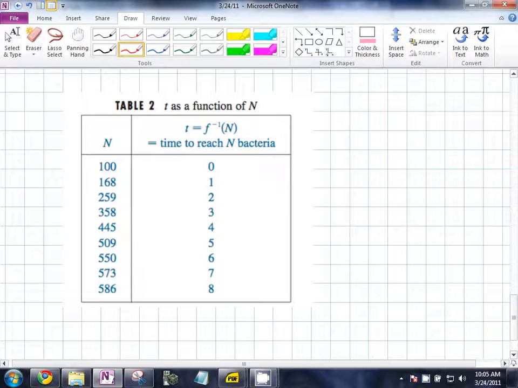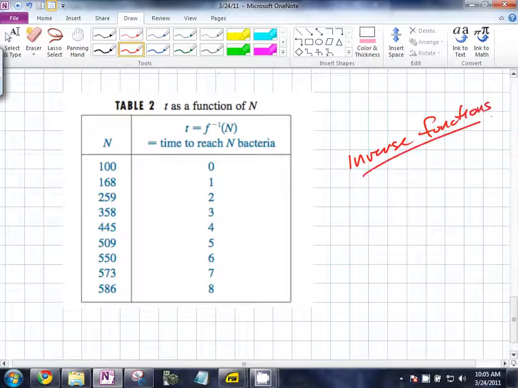Ah, yes. So semantically, you might call it a reverse function, which is actually pretty accurate. It's like the word reverse. It's going to be called the what? Inverse functions. We're looking at inverse functions. So let's say you had a really easy time measuring population, but not necessarily time. With this function right here, you could input a population and it would tell you how long the population has been